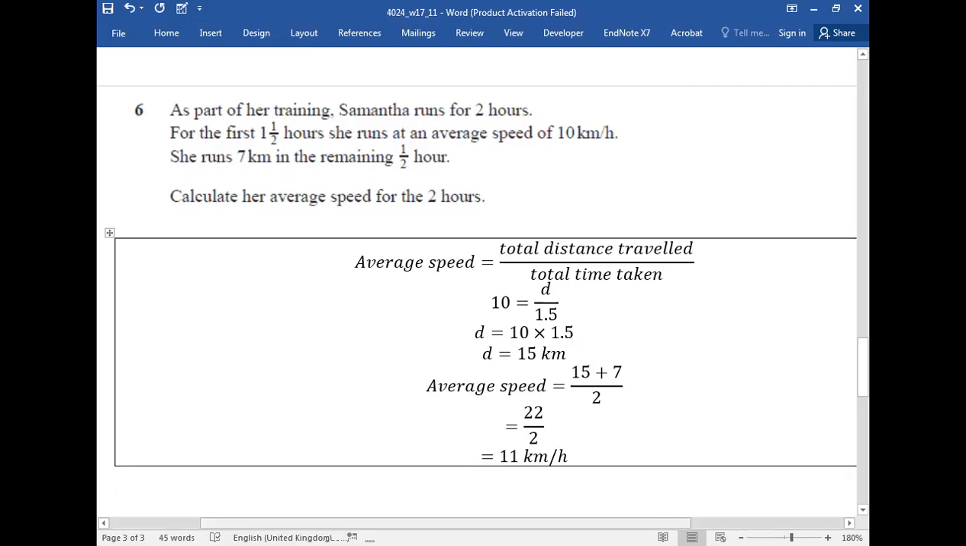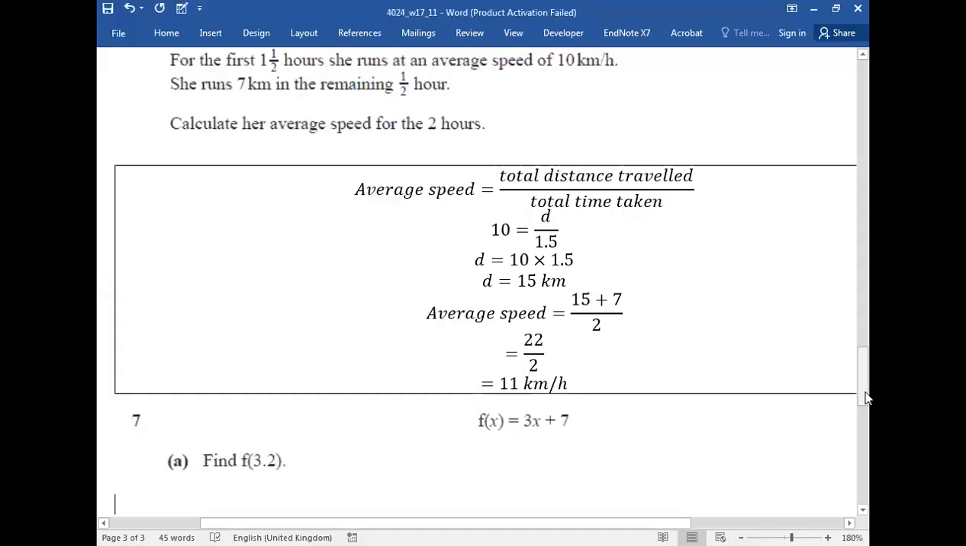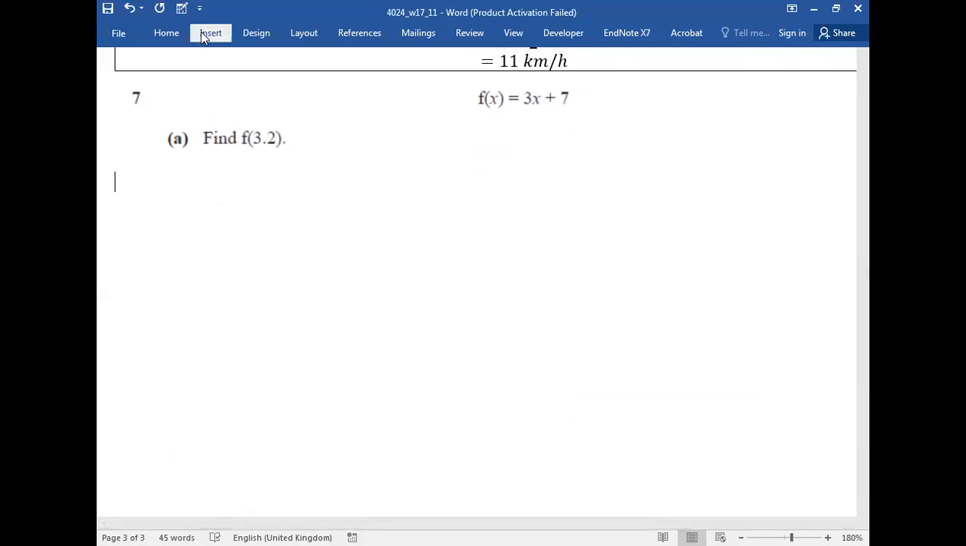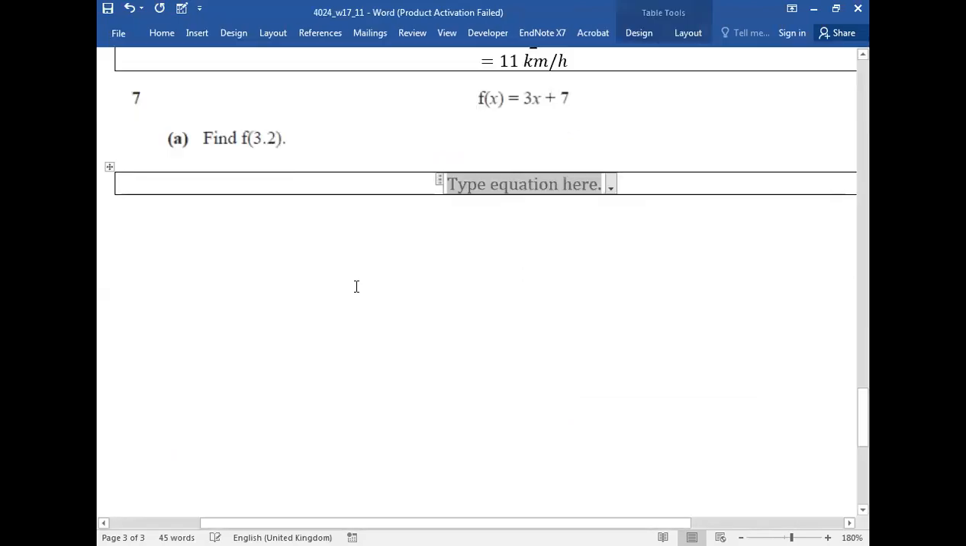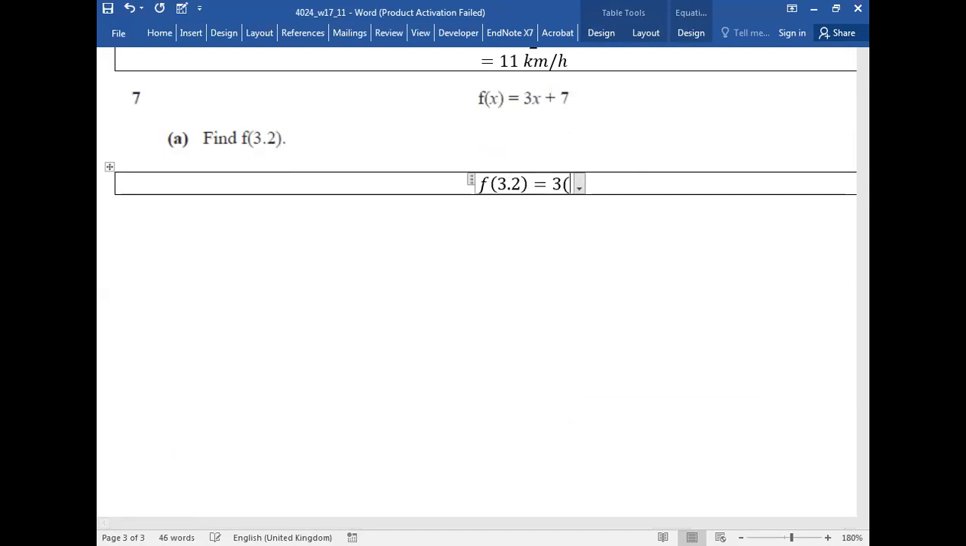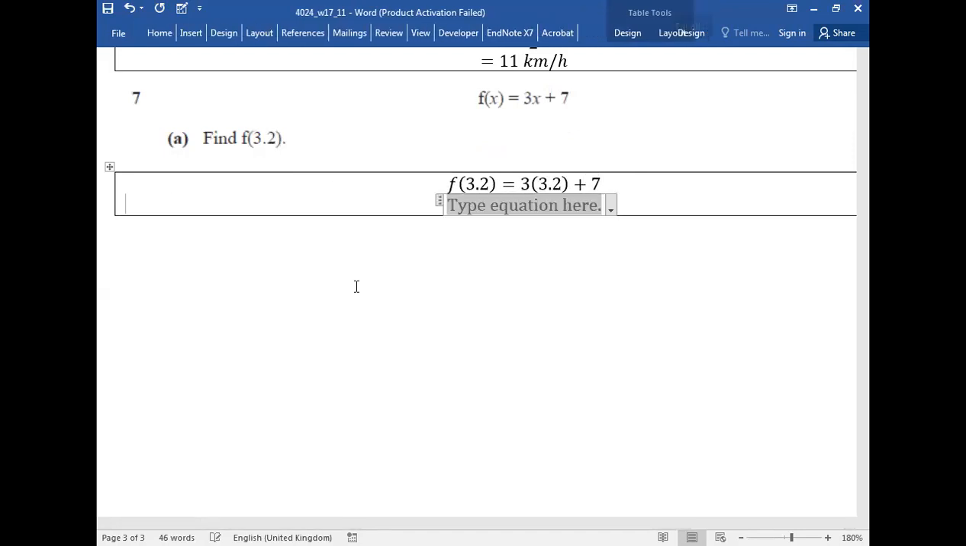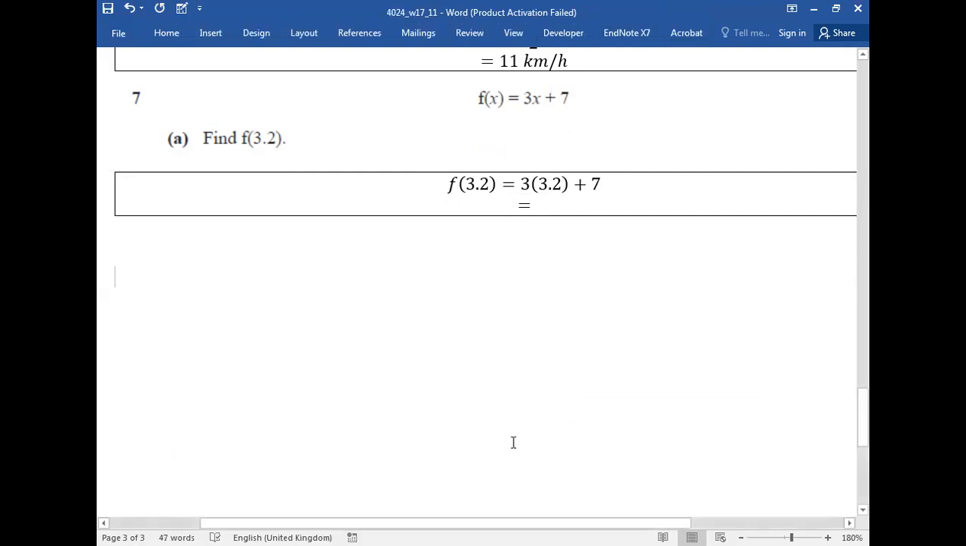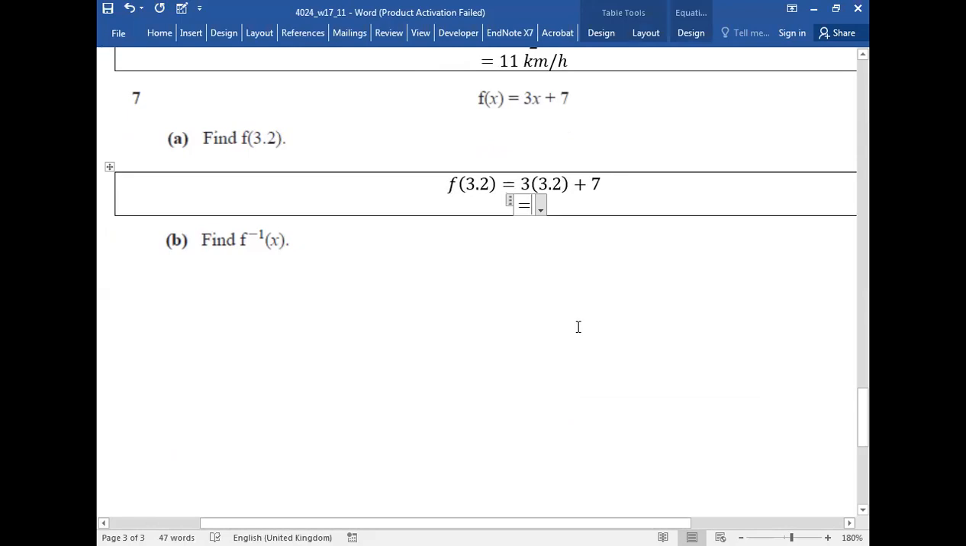How do we find the average speed? Part is regarding function notations. F of 3.2. जहाँ जहाँ x है वहाँ पे we'll plug in 3.2. 3 into 3.2 and then add 7. Let me know what do you get. Nine plus 7 is not 16. 16.6. 3 into 3.2 is 9.6. उसमें when we add 7,